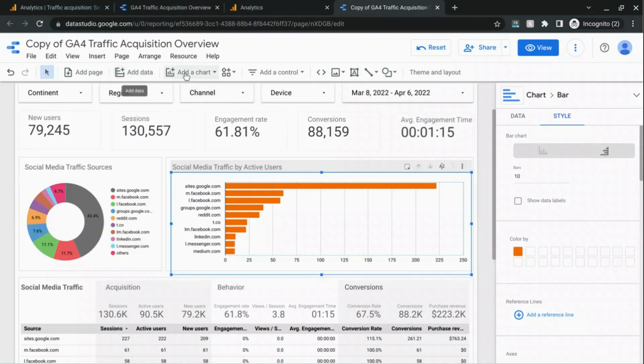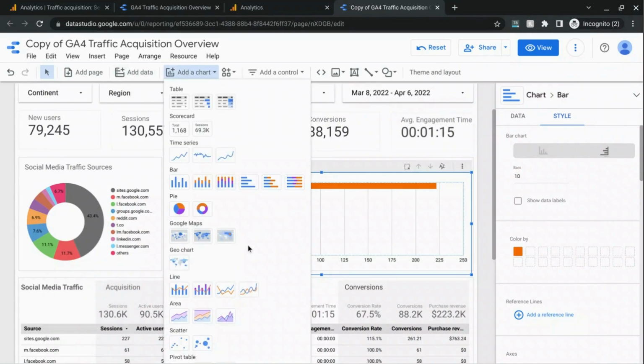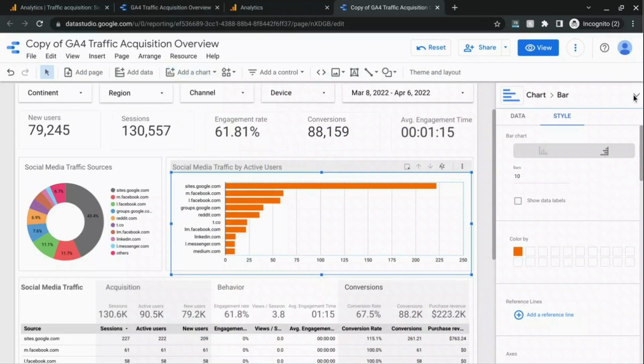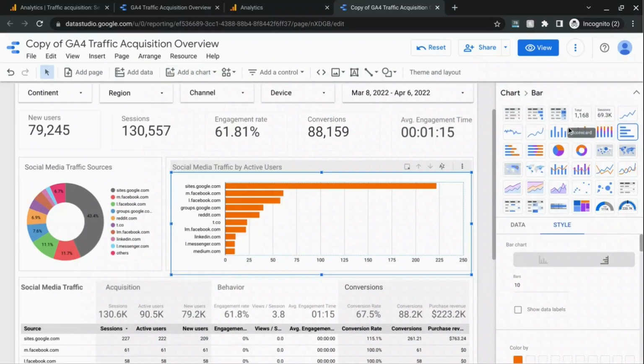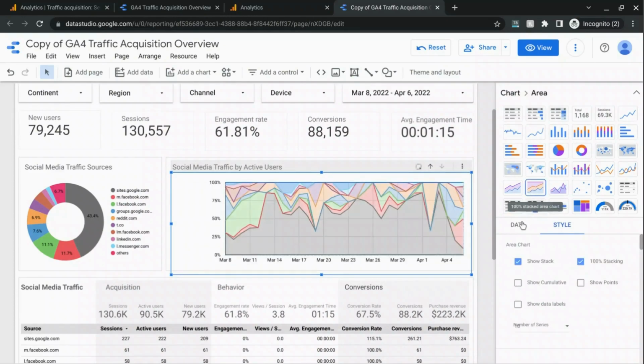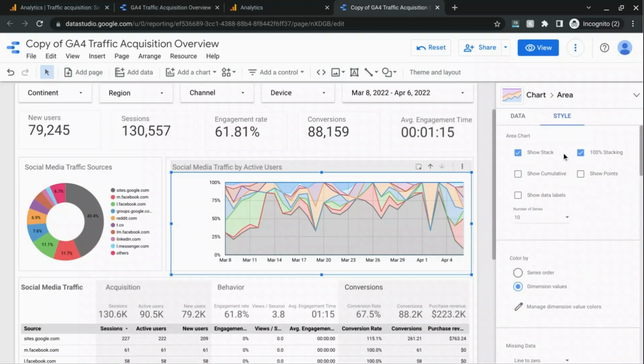Another chart we can use is the stacked area chart. Again, if you want to create it from scratch, you can choose it from this add chart drop down, but we're going to choose the option in our configuration area here. There's a 100% stacked area chart, and we want this 100% stacking, so this only shows us